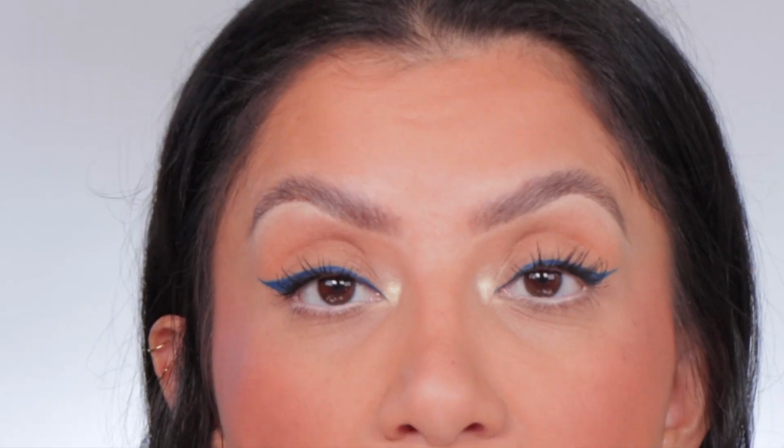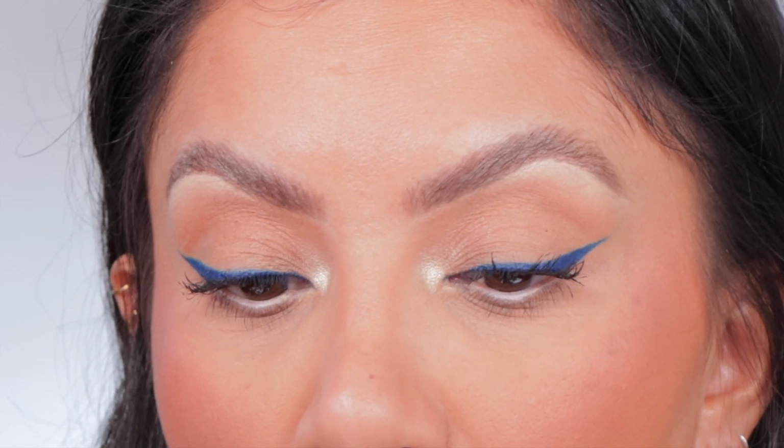All right, these correctors, I'm not feeling them. Okay, so I washed my hands, washed the swatches completely off, and they completely came off literally when the water touched them. So that just kind of tells me that they don't really have much of a dry down. They kind of just blend away, just like what we experienced today. We will be here tomorrow trying it differently, but I don't know, something about my under eyes just don't look